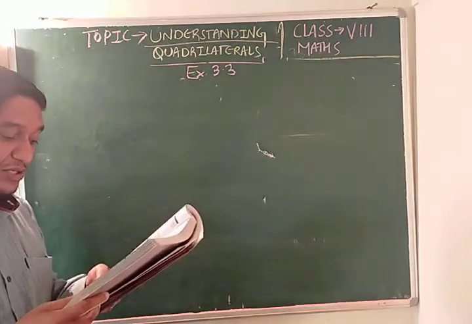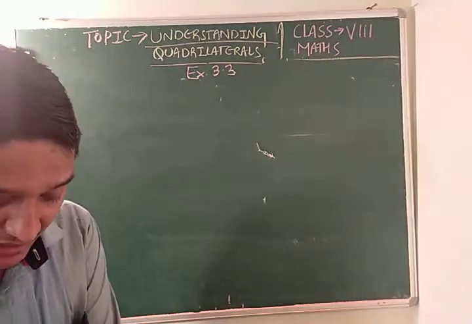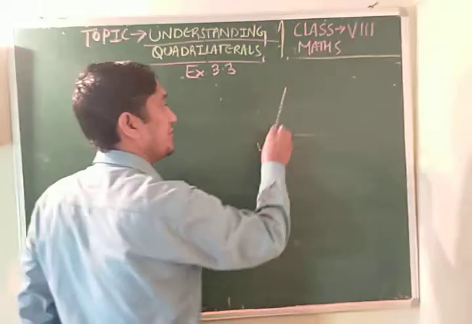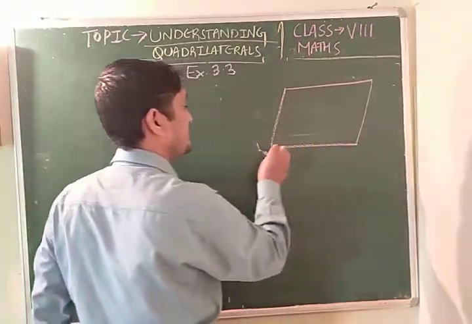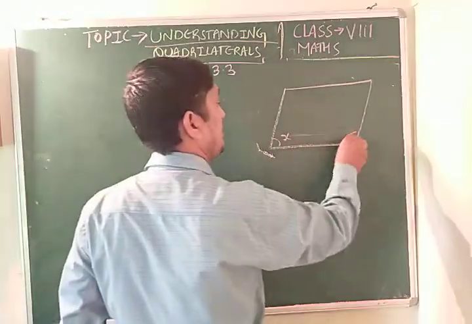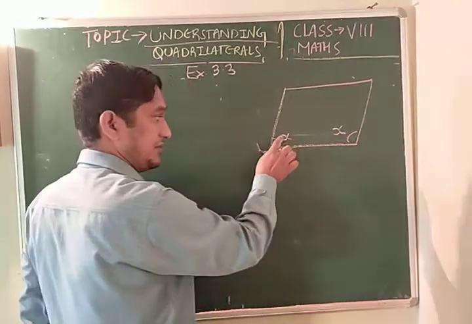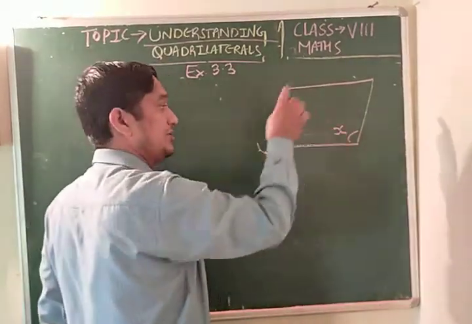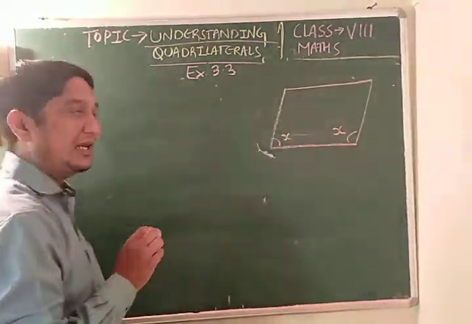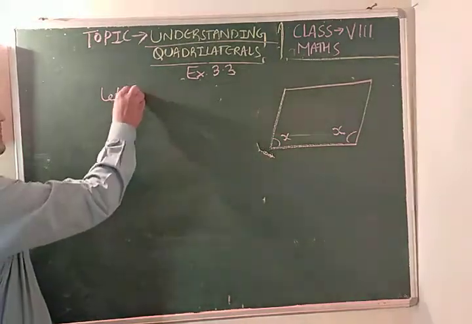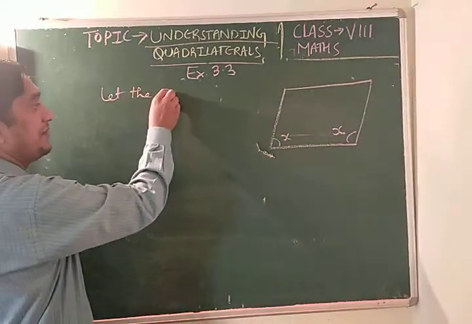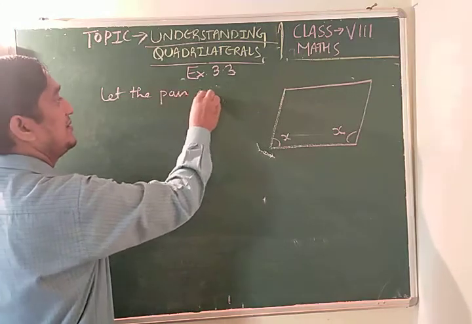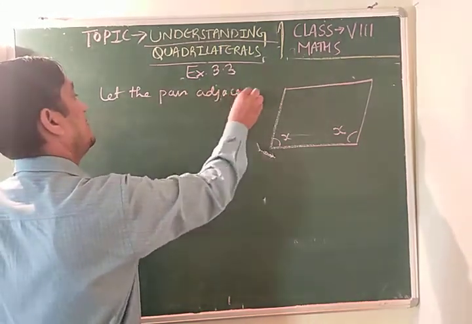Find the measure of each of the angles of the parallelogram. Here what we have in a parallelogram, the adjacent angles are of equal measure. Means if this is 60 degree, this is also 60, if this is 50, this is also 50. So we will let the pair of adjacent angles be